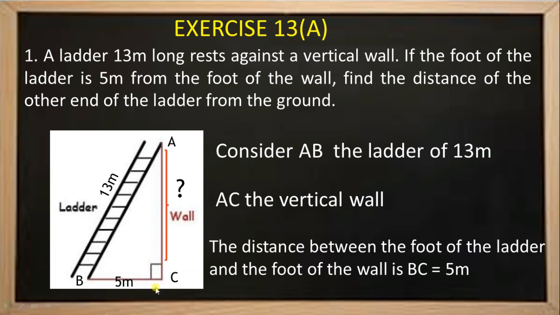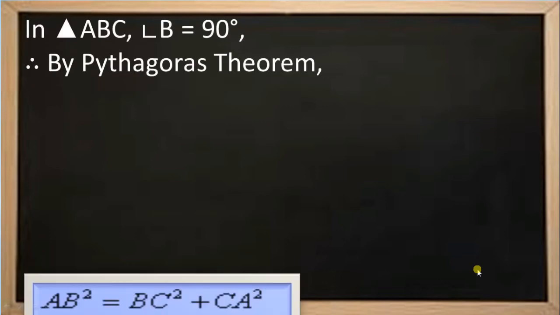So in this diagram, you can easily note down that at angle C, it is a right angle. So the side opposite to the right angle, AB, is the hypotenuse. This problem can be solved by using the Pythagoras theorem: AB square is equal to AC square plus BC square. Let us move on to the solution. Copy down this diagram and even these sentences which define what your diagram says.